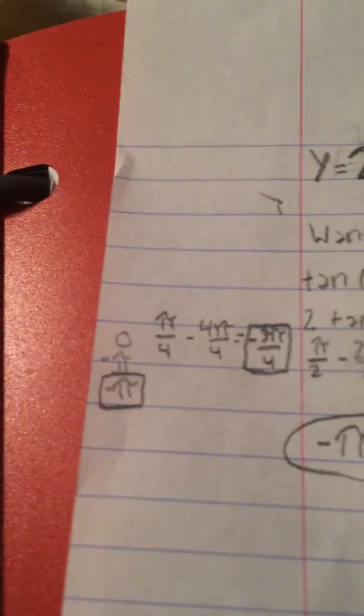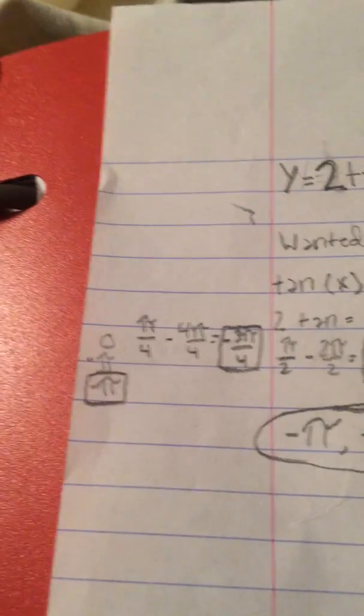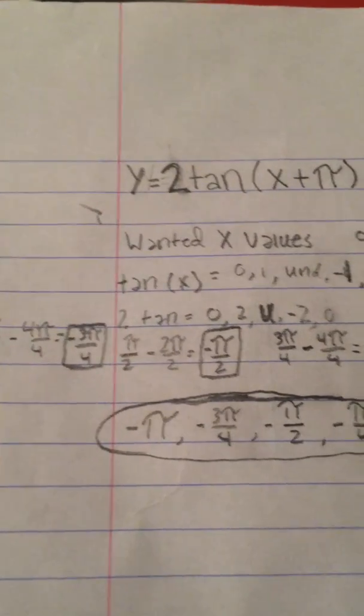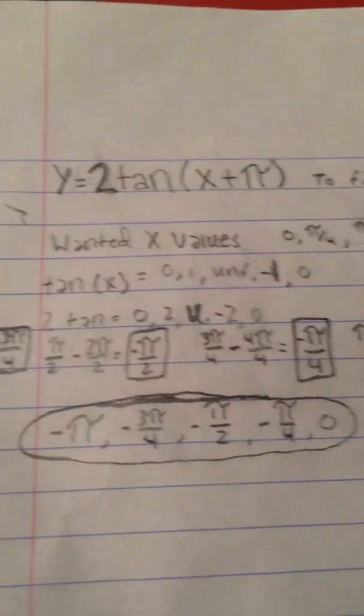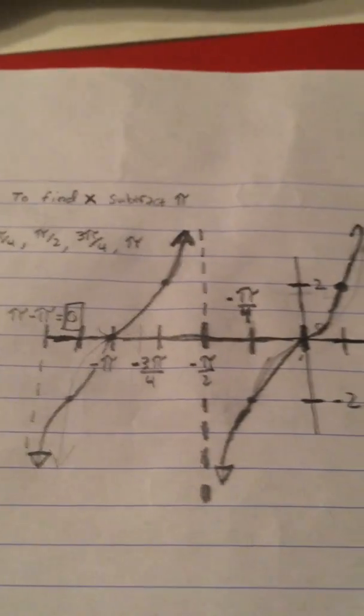So I have all this math here that you can see. So 0 minus pi equals -pi. And there are the rest of these calculations. Once you have that, you also have your x values. So, let's see what this would look like on a graph. Yep, here's what it looks like. That undefined, or the asymptote right there,